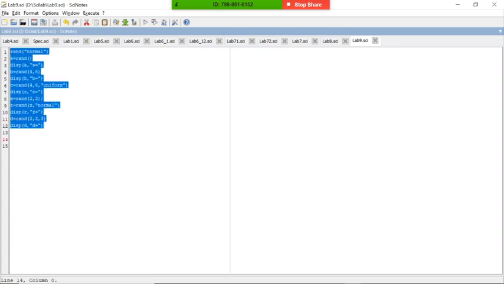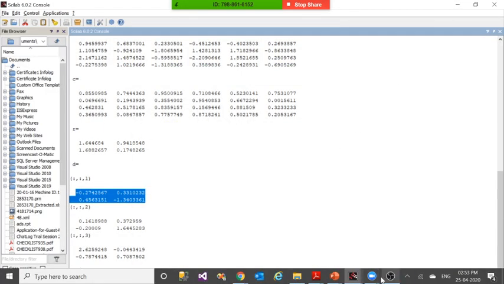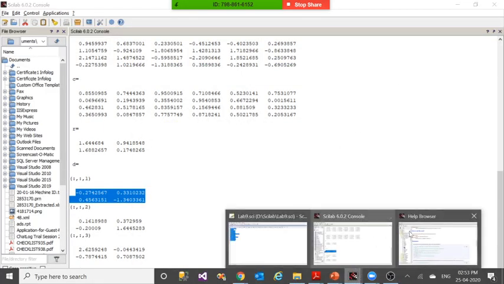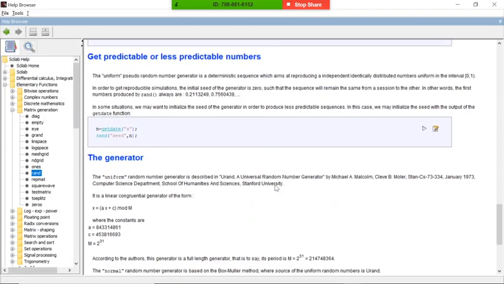This is a very simple program and we have gone through some of the random functionality in Scilab, the different ways of generating. Here it has given some examples also, on why values are predictable or less predictable. It is purely based on what seed you are passing.